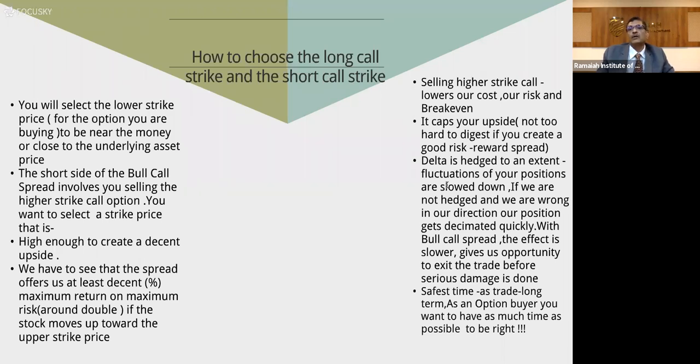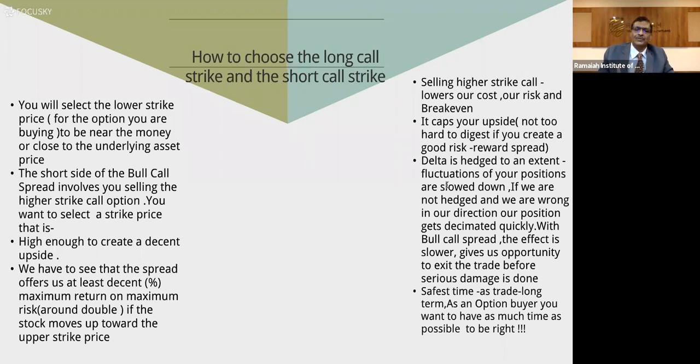And selling the higher strike call, how does it help? It lowers our cost. Because earlier I spent 30,000 rupees on the long call, it cost me quite a bit. And here I'm also selling the higher strike call while settling for limited profit. It also lowered my break-even point, and we'll show that as an example. But obviously it caps my upside, which means I don't have the unlimited profit of a long call. But that's not too hard to digest for a medium risk profile like me, because I'm trying to take care of that with a good risk-reward spread.